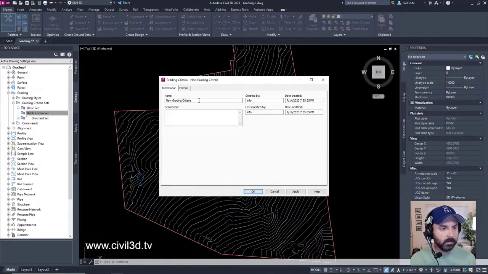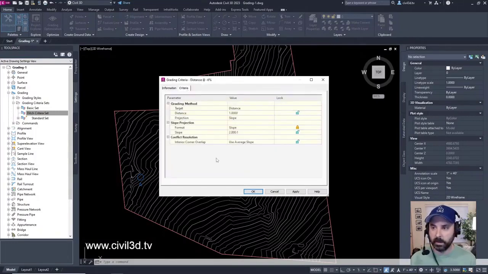In the name field, we're going to type in distance at -6%. So it's going to grade at a distance at -6%, okay? You'll see what that means very shortly if you don't know what that means.